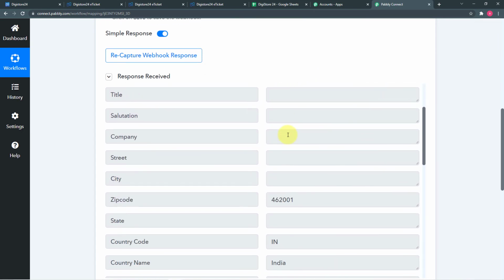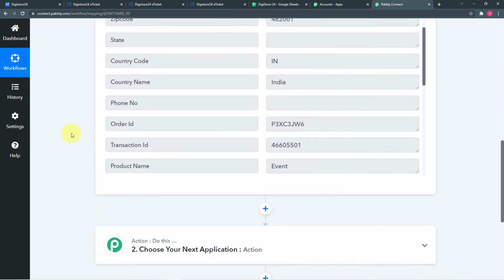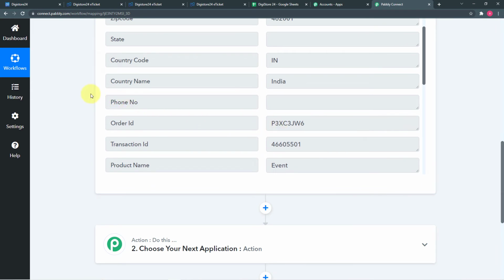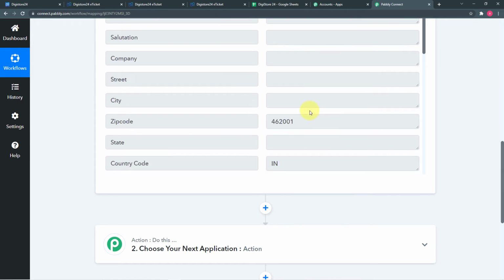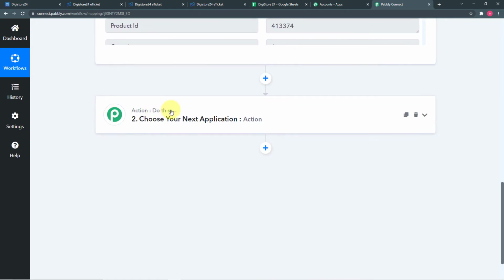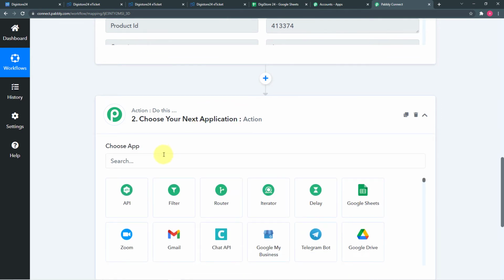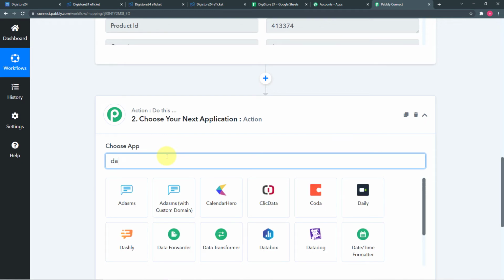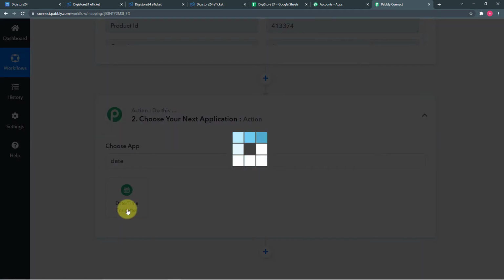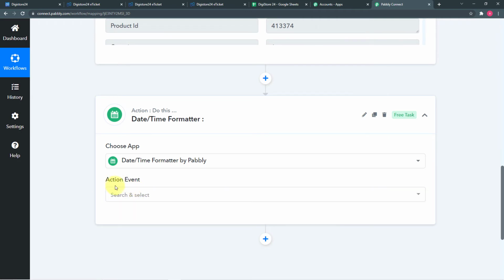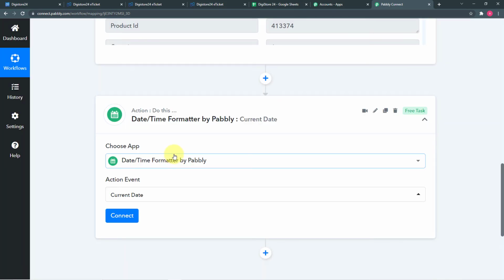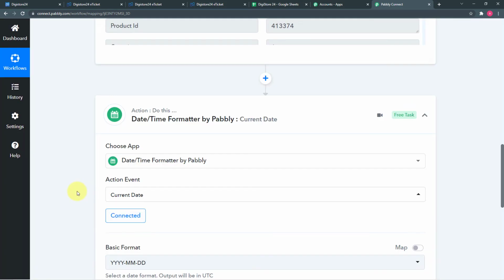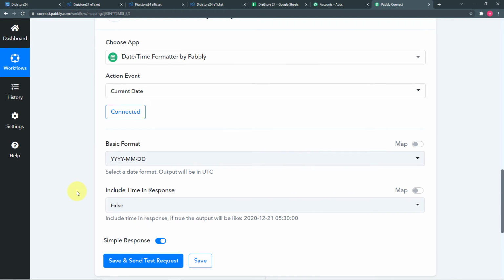It is showing the names, the email ID and zip code and all other details that we have entered, but it is not showing the date on which the registration happened. So we have to fetch the date. Okay, so here in this action window I'm going to click, and from this choose app I'm going to apply a function by Pabbly which is called date time formatter. So this is date time formatter by Pabbly, and from this action event you have to select the current date option. Okay, so click on connect here,